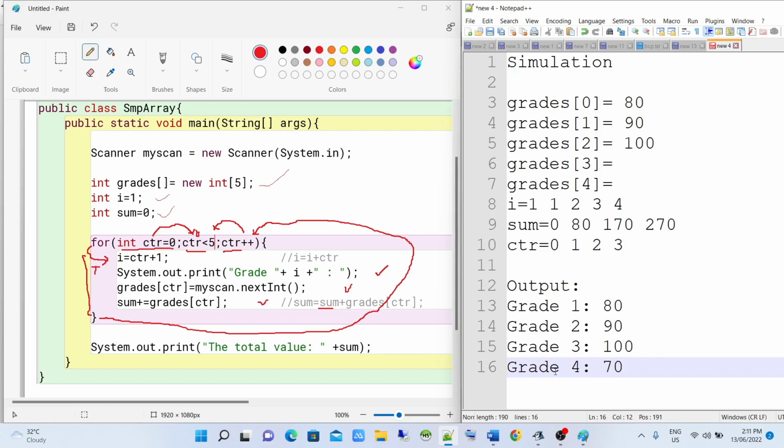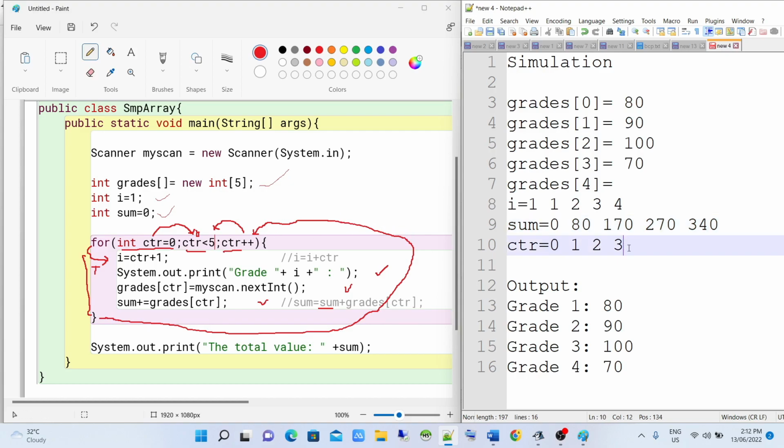So assign to grade sub ctr, grade sub 3. Grade sub 3 is equal now to 70. Then next statement, sum plus equal to grade sub 3. So sum is 270 plus 70. It will become 340. Then back to loop,